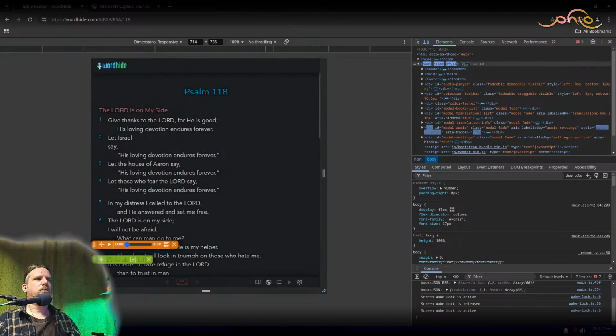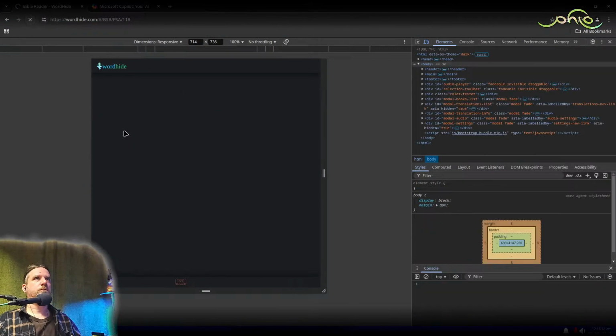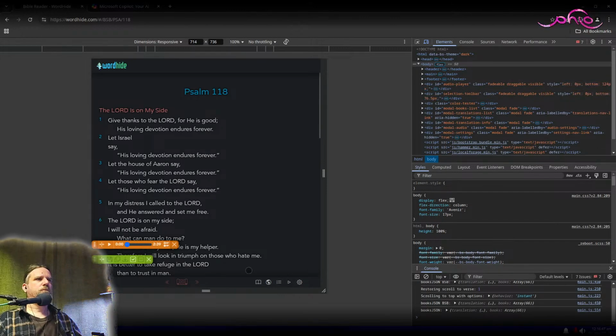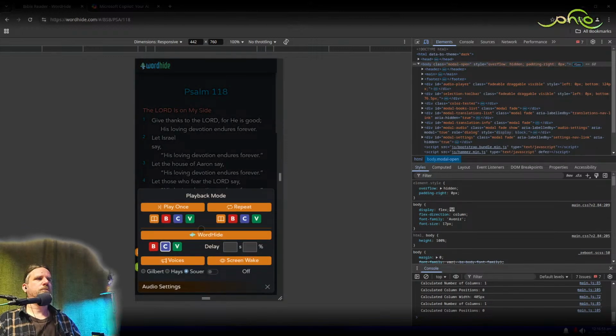Forgot to change this to off. Default off. It's good. Now I just need to style it so it's centered or something.